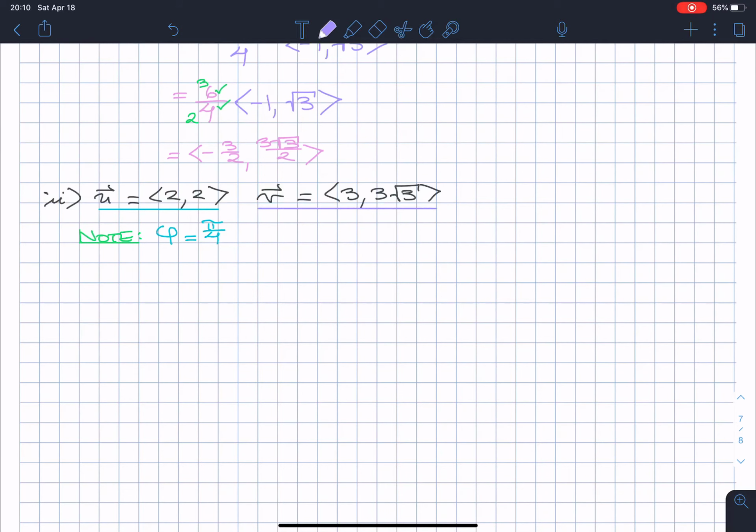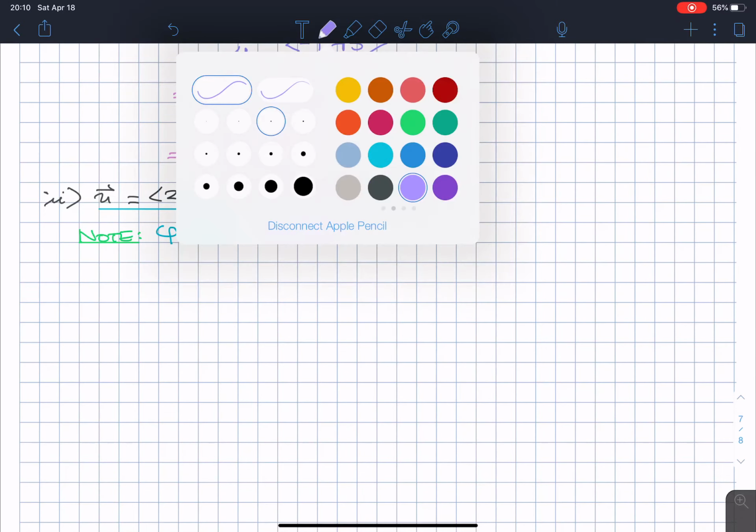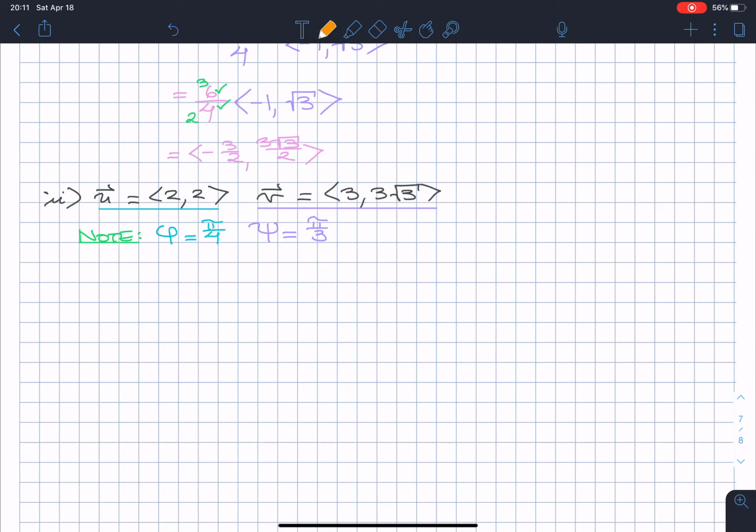If I divide by 6, the angle psi corresponding to v will be at pi over 3. Now, if you can't see that, go ahead and evaluate inverse tangent of y over x to show that. But what I'm trying to say here is there's only 15 degrees between these two. So what this means is that the theta is only 15 degrees, which is pi over 12